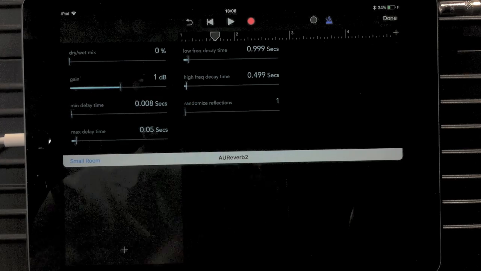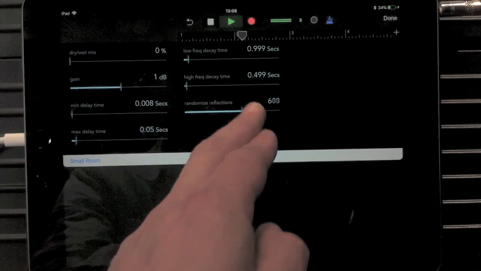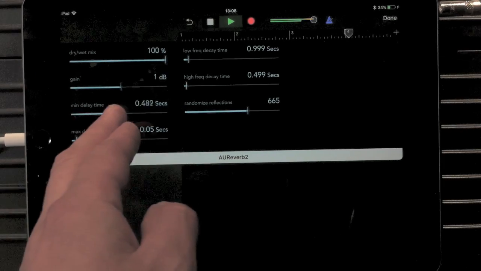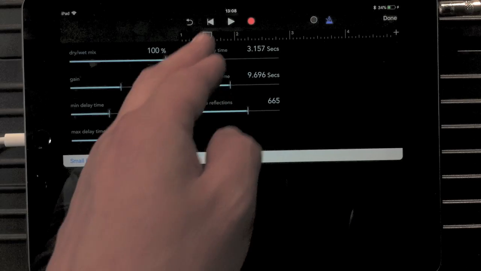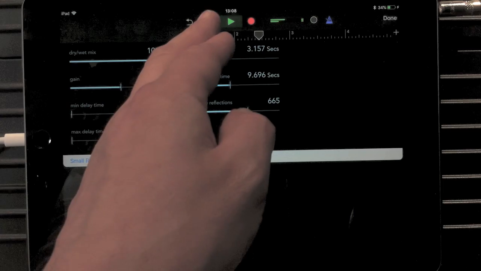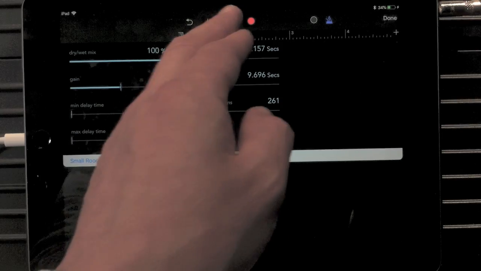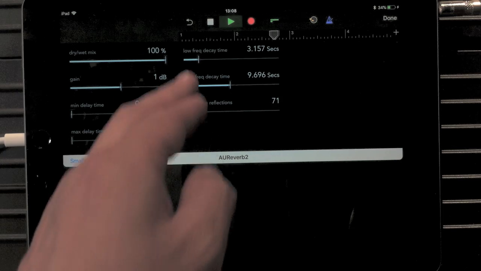high frequency, randomized reflections. 3, 4, 1, 2, 3, 4, 1, 2, 3, 4, 1, 2. 1, 2, 3, 4. I'm into that. 1, 2, 3, 4, 1, 2, 3, 4,